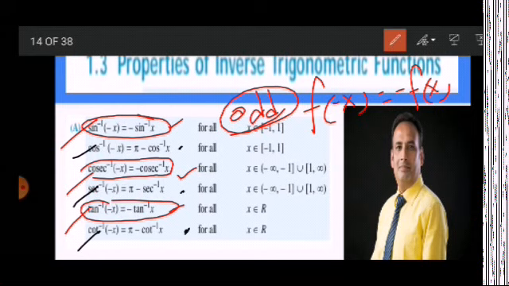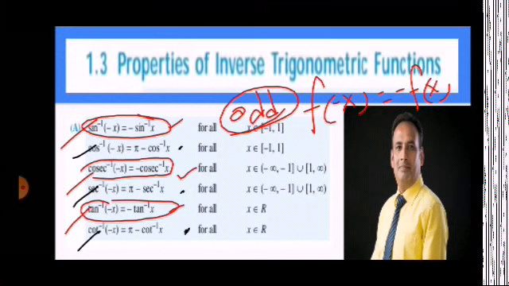So here what we see is that these three, cos inverse x, sec inverse x and cot inverse x, share the first and second quadrant in the angle. So for a negative argument, the angle will be pi minus that angle. The reason is that these are neither odd nor even functions, so here we have to say this is pi minus of that function. Later on we'll prove all this in detail.